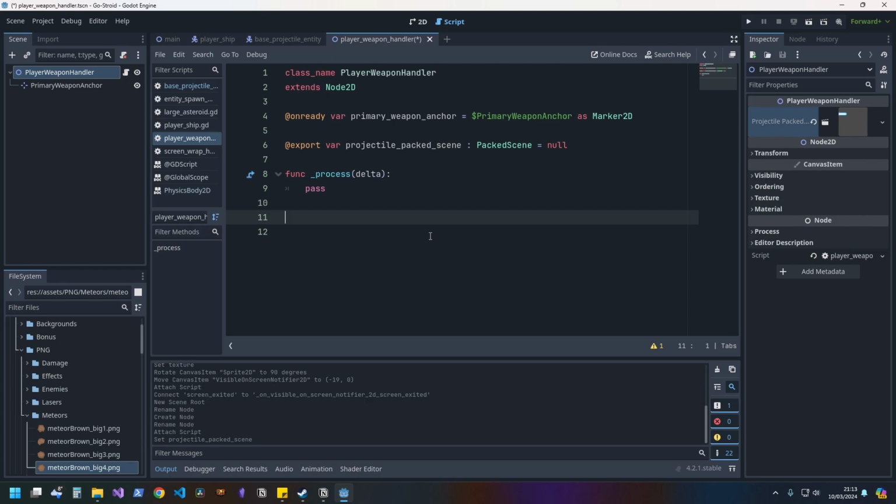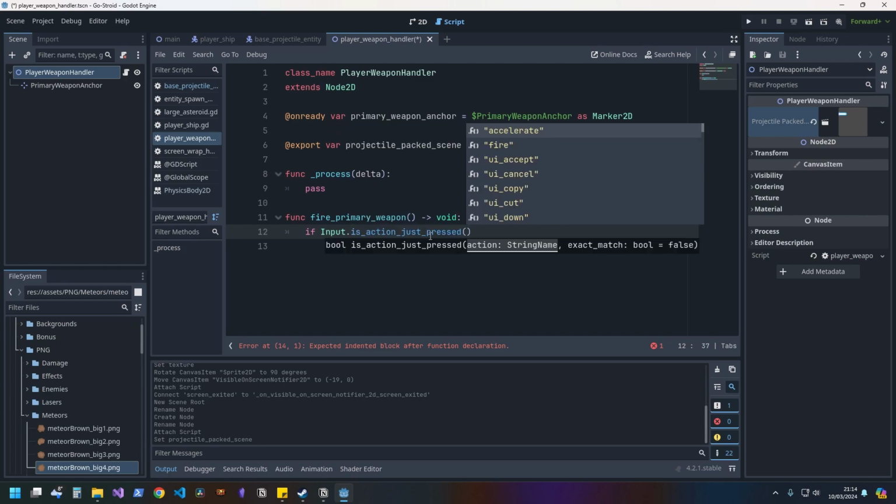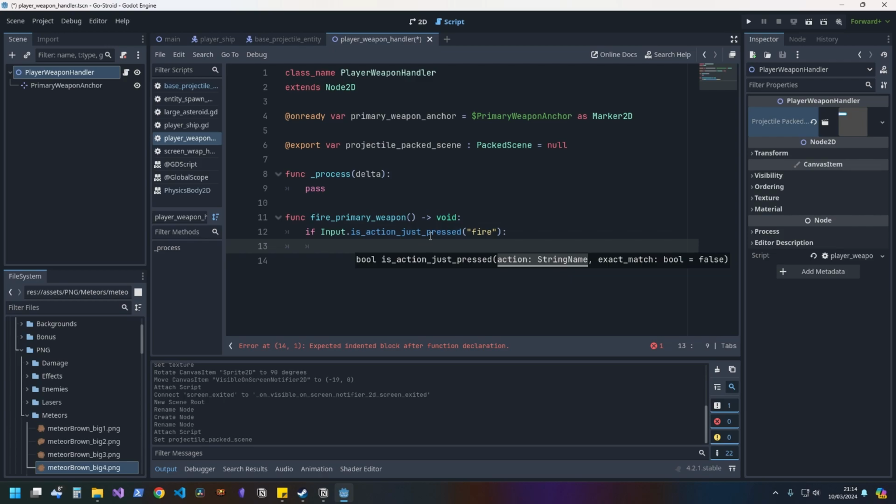So what do we now need? We actually need one specific function, and that is going to be for firing the primary weapon. So we'll write func fire_primary_weapon. It won't take any parameters and will be of return type void. And we need to do one if check. We need to go if Input.is_action_just_pressed("fire"), cap it off, and then go into the statement and hit pass or write